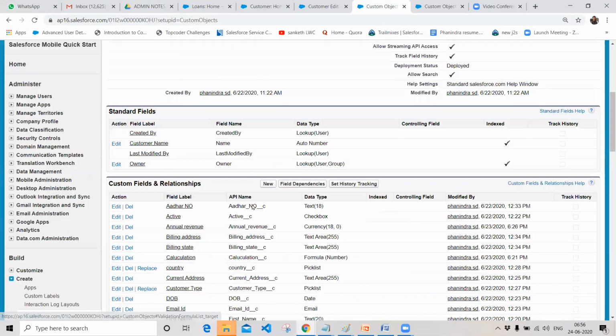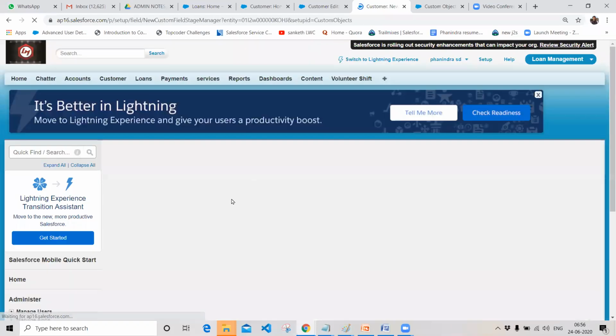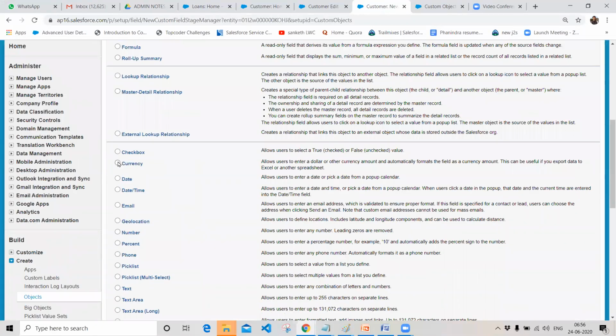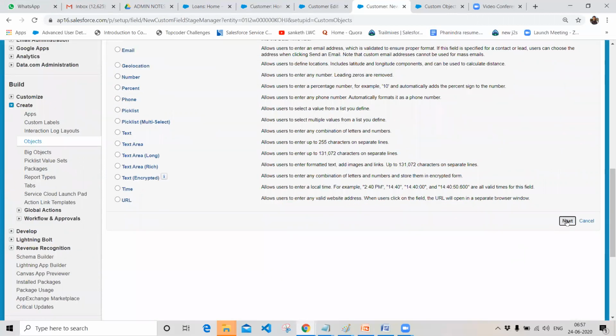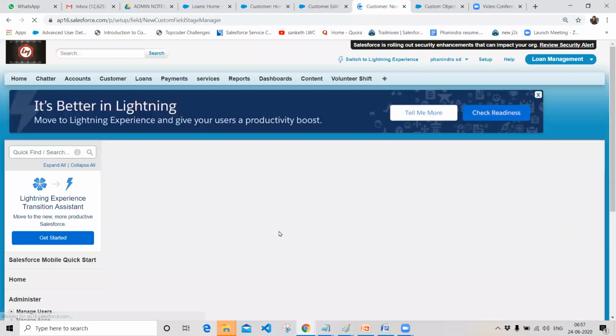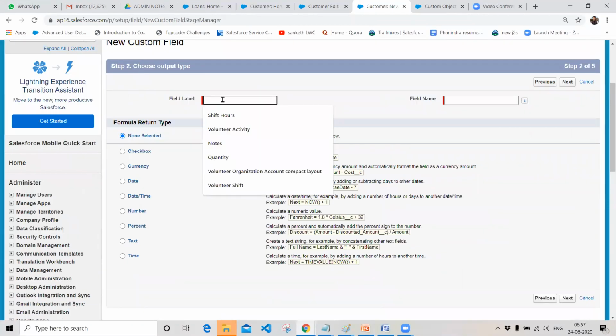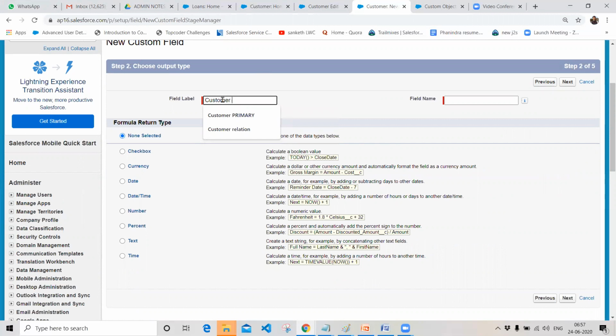And right now let me create a formula field. The formula is something like: if the annual revenue is greater than 2 lakhs, I want to make him a gold customer. If it is not more than 2 lakhs, I want to give him a normal rating. So how do you make that? Create a formula field for this and click on next, and create the field name as customer rating.